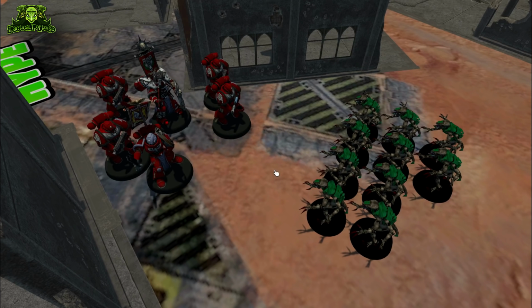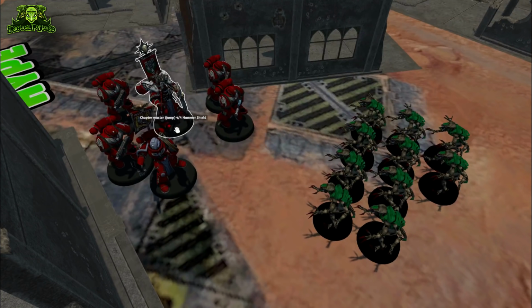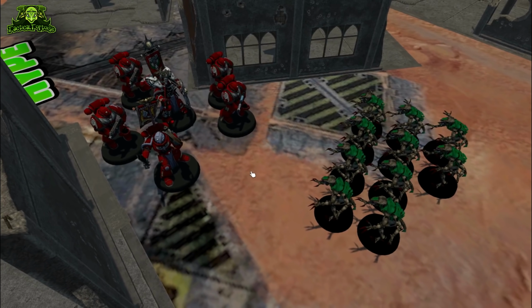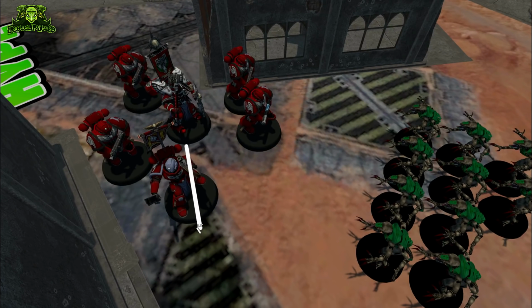But one thing that you can use this rule for is using your characters to ward off any enemies from getting into your own units. For example, we have a Space Marine Chapter Master here who's essentially embedded himself inside this Tactical Marine squad. Obviously, we don't really want the Tactical Marines to get attacked by these Genestealers over here, so what we've done is placed the Chapter Master such that he's within 2 inches of the front edge of the Tactical Marines